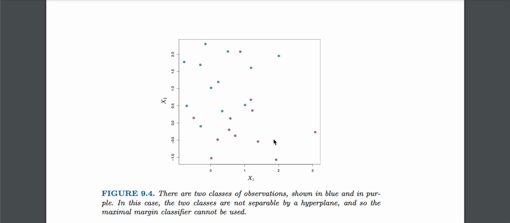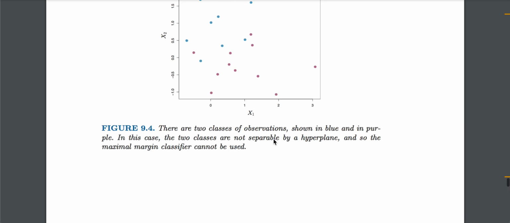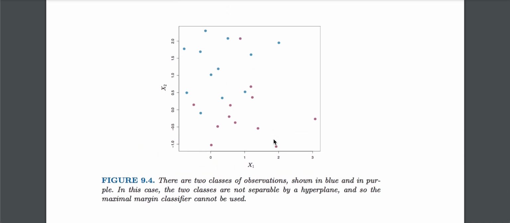But something even more important is that even if a separating hyperplane does exist, in the sense that the data is linearly separable, there are examples in which a classifier that perfectly separates the data may not be